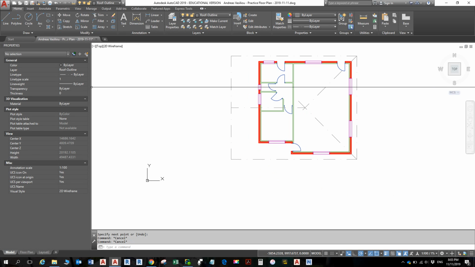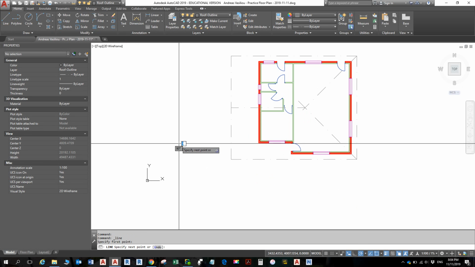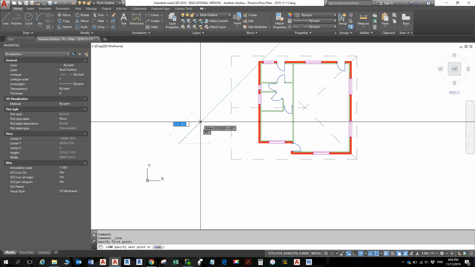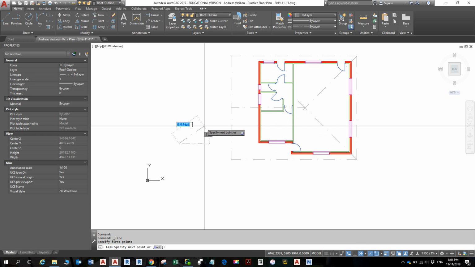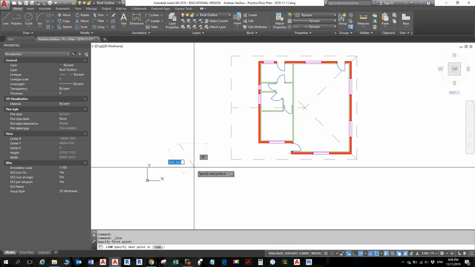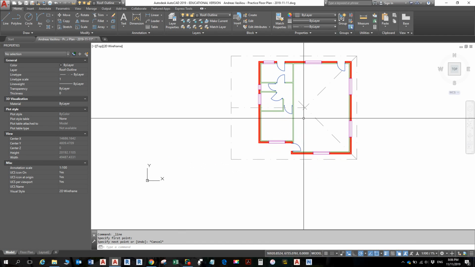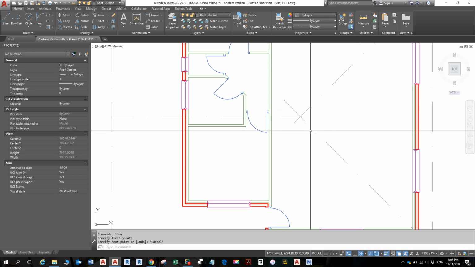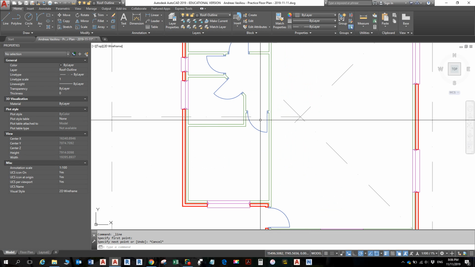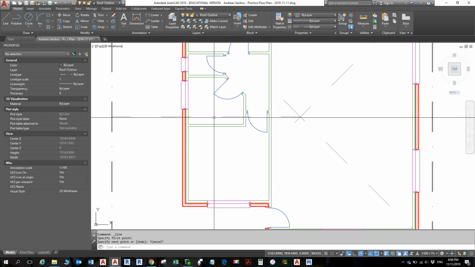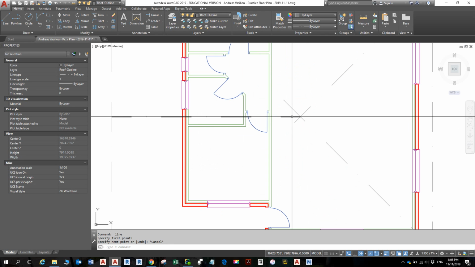So basically, click a line, click somewhere, and as I go up here, it locks in. You can see that green line. Hang on, it's a bit hard to know what that is. It's 2D, but what we're going to do is trim this up so it's nice and neat here. What we've just put in here is the ridge, which is the highest peak on the roof, and then this here is